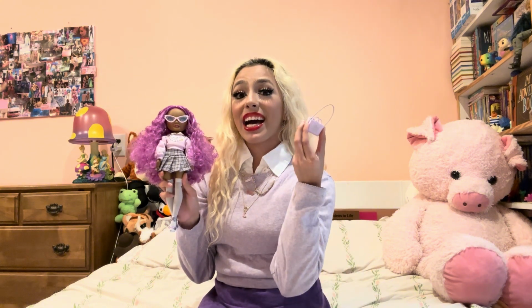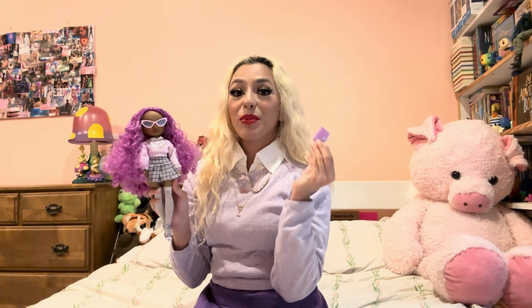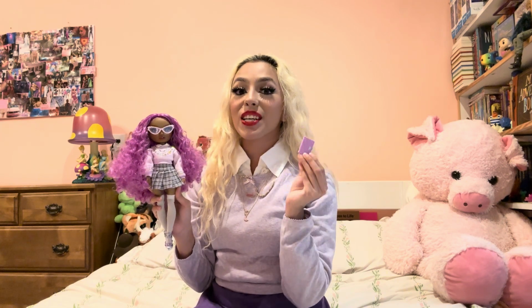And as for her accessories, I don't really like the bag. I don't like that it's plastic. For previous lines of rainbow high dolls, the bags were made out of fabric, and so this one does feel a bit cheap. And same goes for her diary. We've had dolls that came with real books with real pages before, so this one being all plastic does also feel a bit cheap. So I'm gonna be so honest and say that I don't think this doll is worth